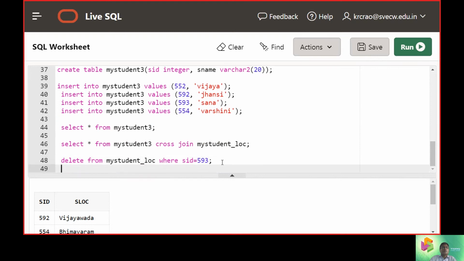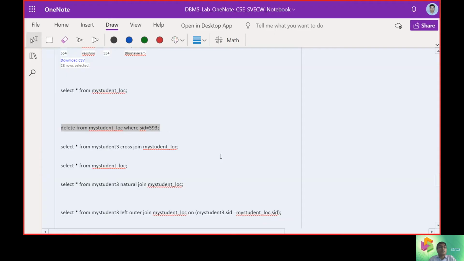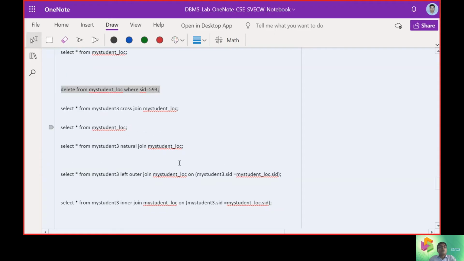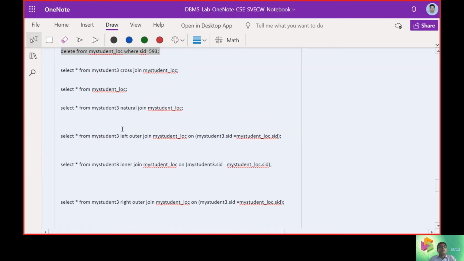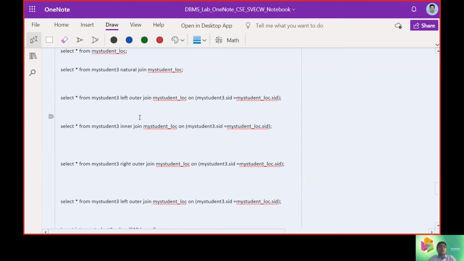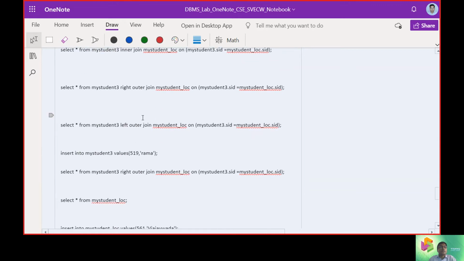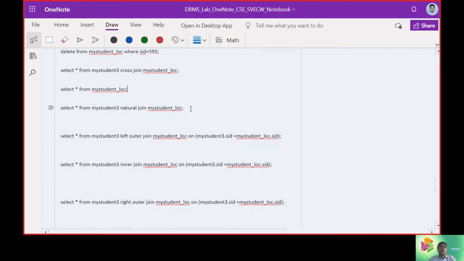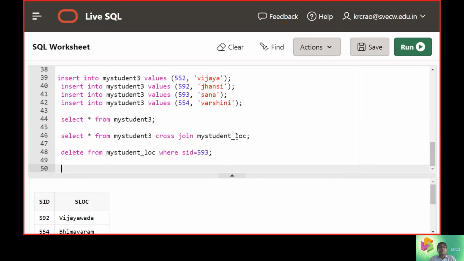Now we talked about cross joins. Now let us check with the interesting part, that is natural join. It is just an equality condition which is put on this value.